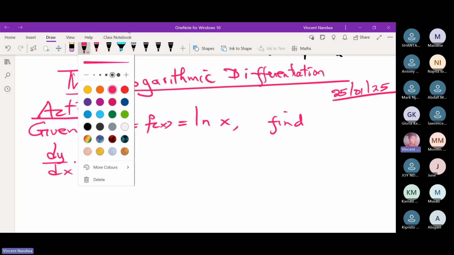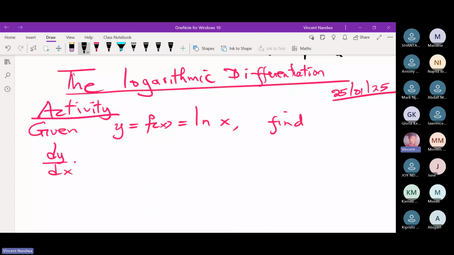When you are discussing different types of functions, you also encountered what we call logarithmic functions. So we have what we call the natural logarithm, which we just abbreviate by ln, and then the Napierian logarithm that you are familiar with in high school. So to compute the derivative of ln of x,